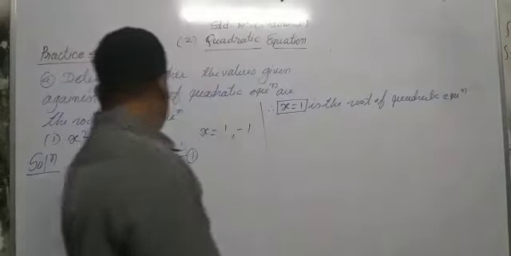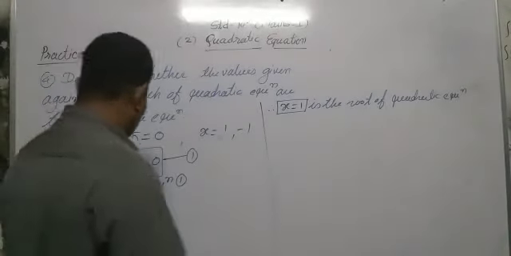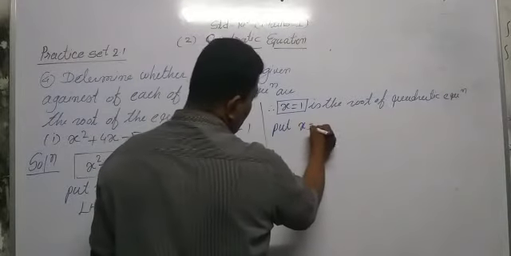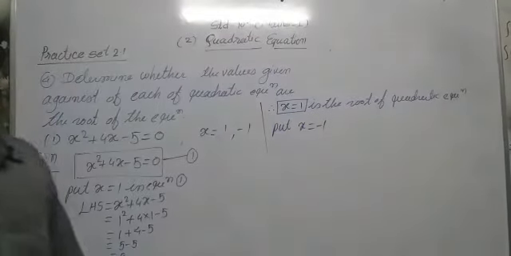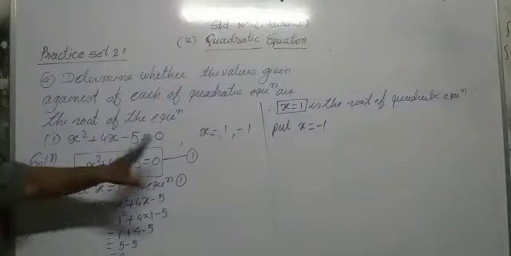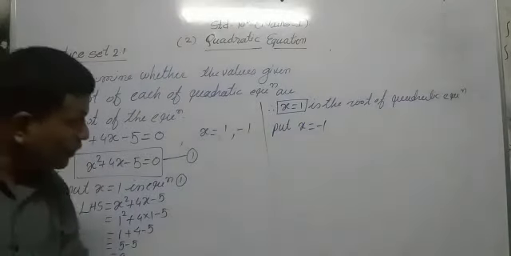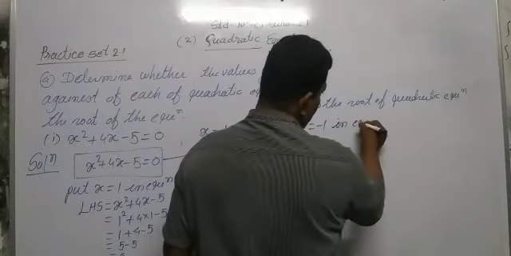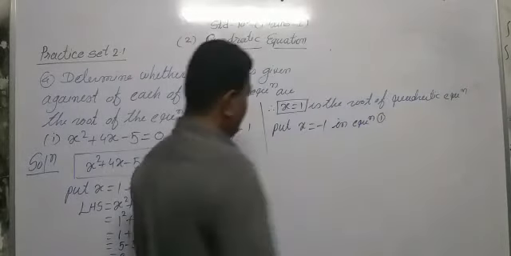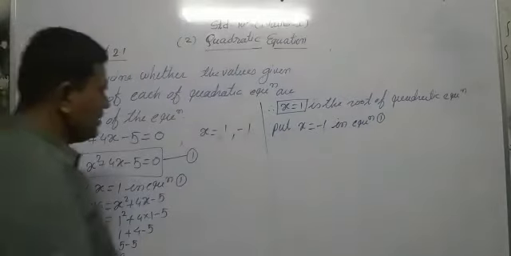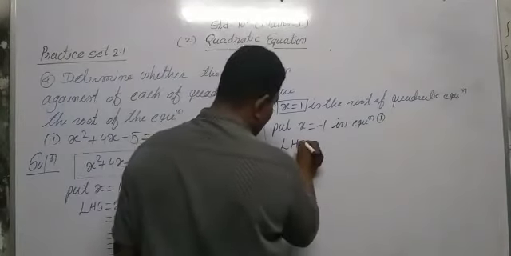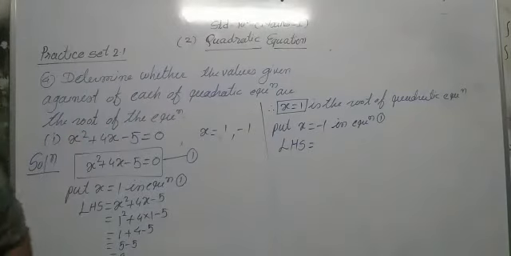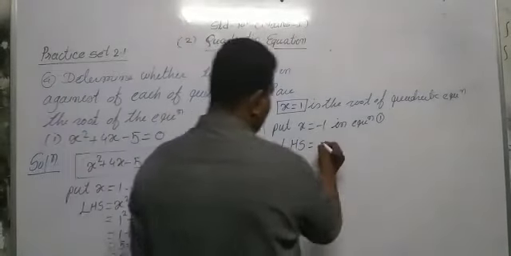Okay. Now second, now put x equal to what? Minus 1. First we put here x equal to 1 in equation first. Now also we put x equal to minus 1 in equation first. Now what is our equation first? Now also we take our LHS here. LHS means left hand side and RHS means right hand side. We have x square plus 4x